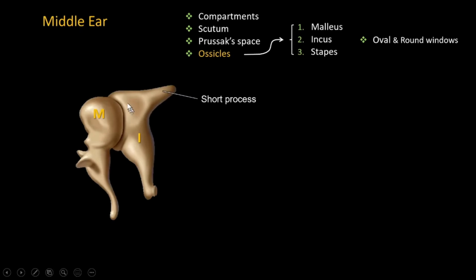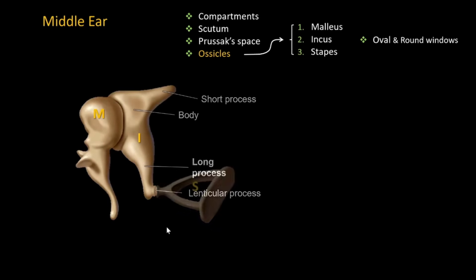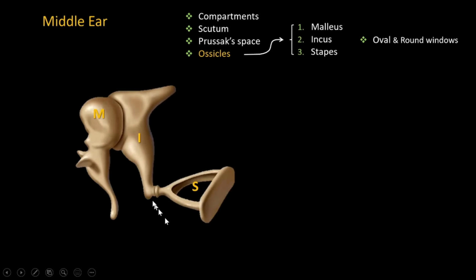Incus has a horizontally oriented short process, body, and vertically oriented long process. The very bottom tip of the incus is the lenticular process, like a small cup. That's the connection or the junction between incus and stapes. For stapes, you can see the head, bilateral crura, and footplate, and the footplate is flush against the